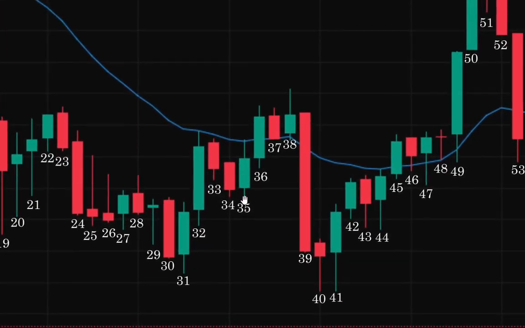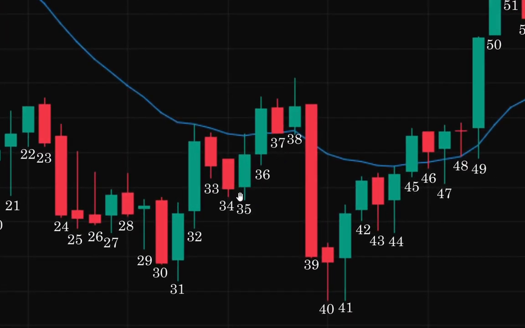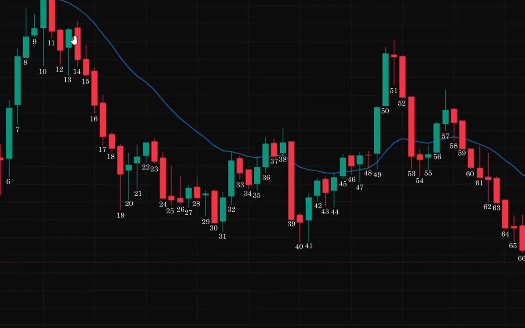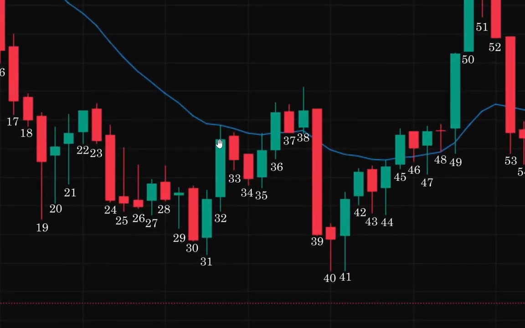Now you can see that bar 35 or bar 34, considering bar 35 as an H1 buy setup, but I try to avoid an H1 buy setup, and I was thinking that if the market goes sideways, then I will try to enter an H2 buy setup. But that didn't happen, and it went down. Or you can see that if this is a big leg, you can consider this the first leg and this the second leg.